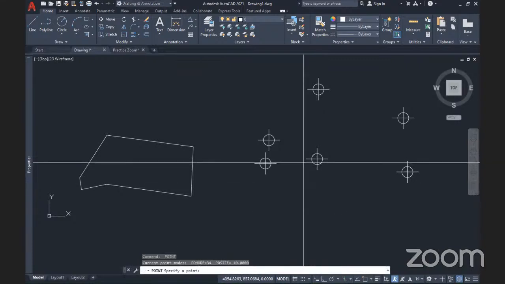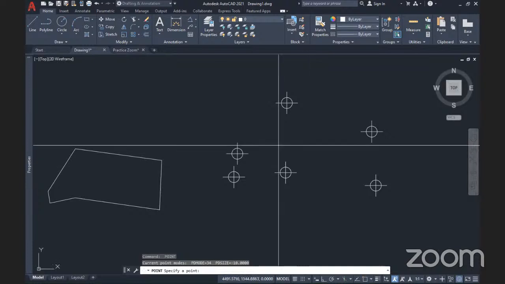So I know I just drew it randomly, but I'm trying to show that